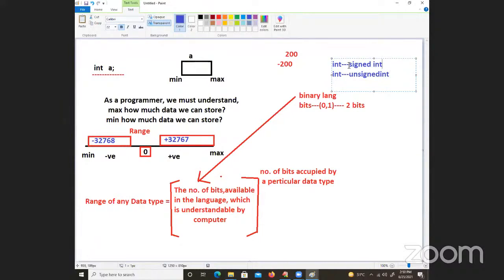That time, see, what is the range of this unsigned integer? What is the range of signed integer? Minus 32,768 to what? Plus 32,767. This is the range. What about the unsigned? Can anybody tell? Unsigned, no sign at all. Yes, good. 0 to 65,535. Excellent. 65,535. This is the range.